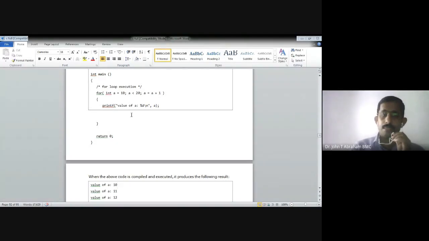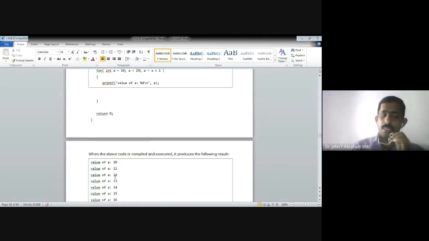Then what happens? The condition a less than 20 is checked. Yes, 10 is less than 20, so a equals a plus 1. Now the value of a increments from 10 to 11. Again it checks whether 11 is less than 20.